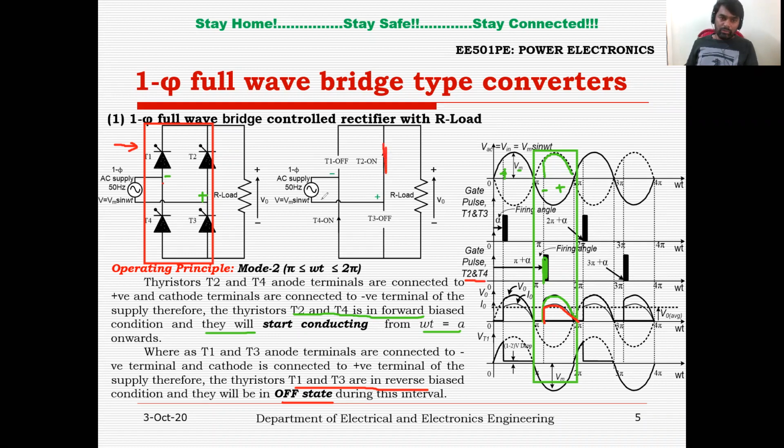And as I told you, this polarity will be positive now, and this polarity will be negative during the negative half cycle. Right, the current always leaves from the positive terminal. It is leaving from source positive, T2 anode, T2 cathode, load, T4 anode, T4 cathode, and back to the source. Now you can see the direction of current, which is flowing from source to the load through thyristor T2 and T4.